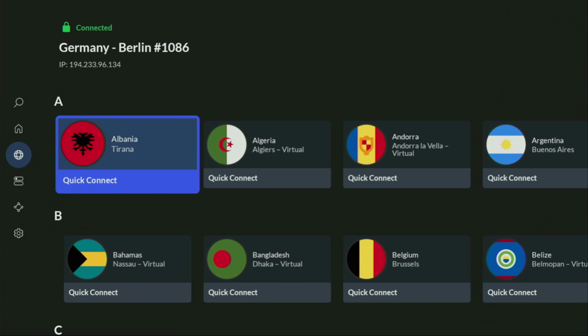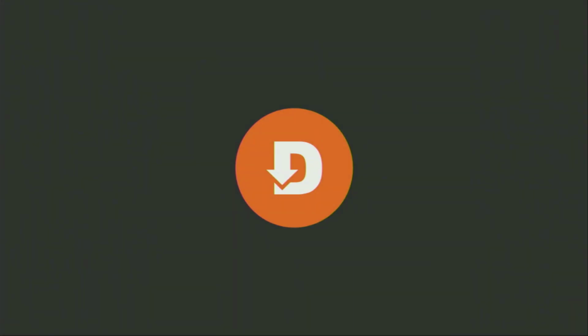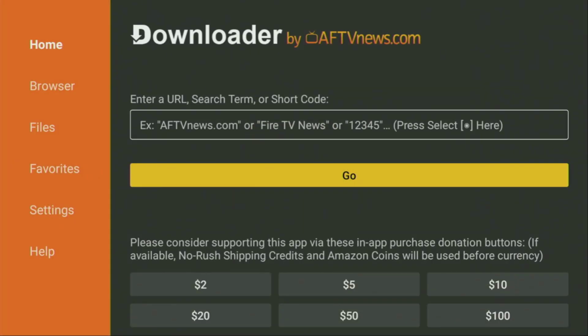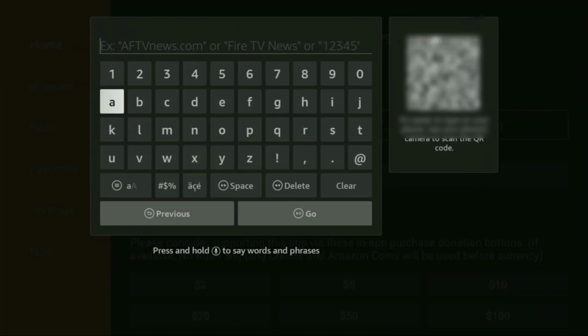And now, finally, let's use Downloader safely. So now let's go and open up Downloader application on your Fire TV. Wait until it loads for you. Then on the left side menu, make sure to click on Home and not on Browser. So after clicking Home, such a search bar is going to appear in where we have to enter a link,